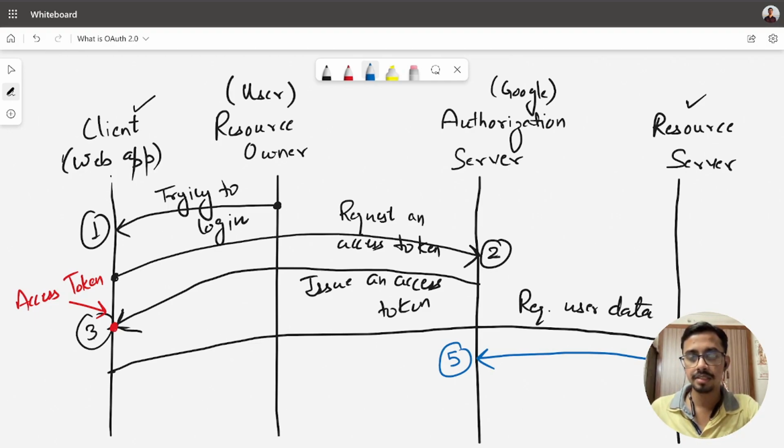So once this access token has been validated, the authorization server will go back to the resource server and say that yes, this access token is valid.